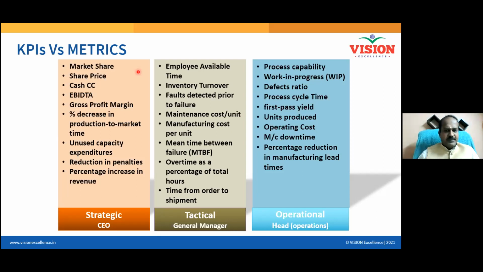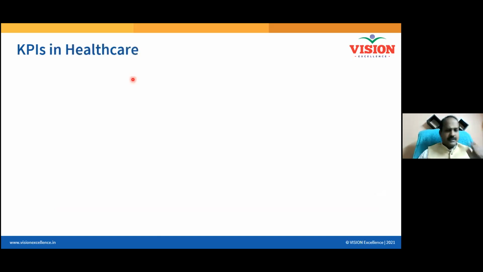So the KPI which you are trying to improve at the operational level should be a KPI of interest to the middle management. Then only your boss will approve your project. Similarly, the KPI which you are trying to improve at the tactical level should be a broken down version of the KPI of your top management. Then only the top management will quickly approve your project. Anyway, we will touch on this goal alignment point again in the define phase with some examples.